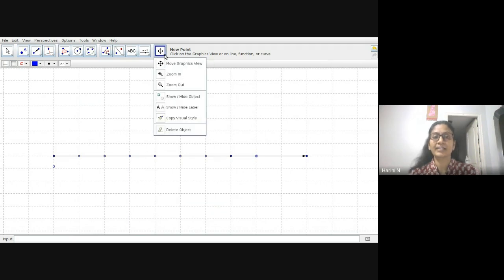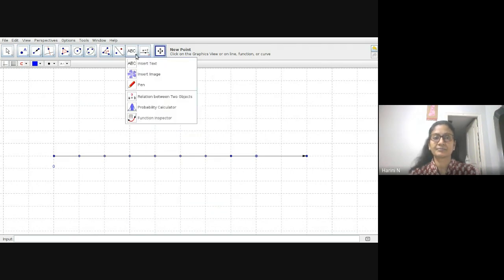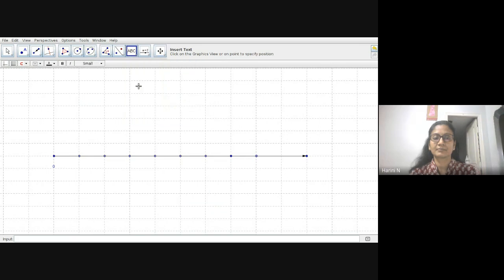Before we do that, I'll mark this first one here. So this is your 1. This was your 0 on the number line. This is your 1. And in between, you have made 8 parts of the distance between 0 and 1, right?